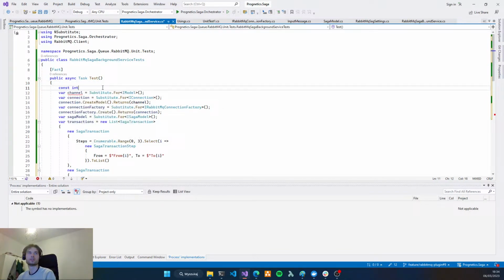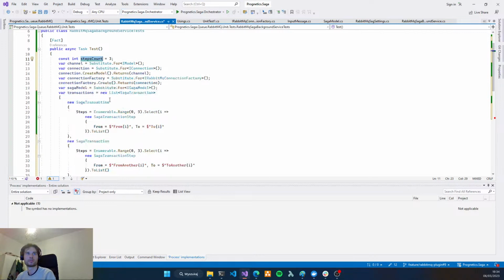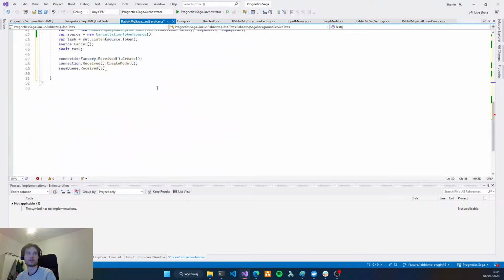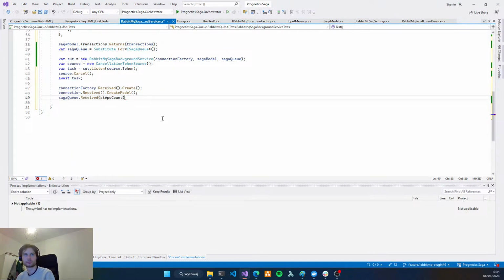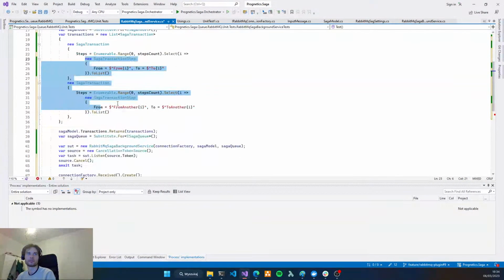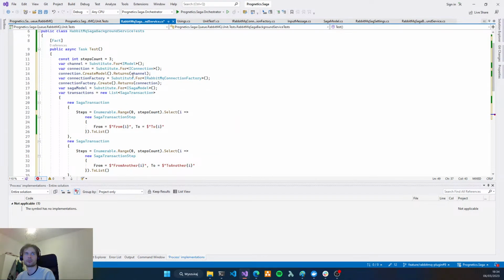Let's declare the steps count, and 2 times because we have more steps, more transactions. We should also move this into, maybe we can just use transaction.